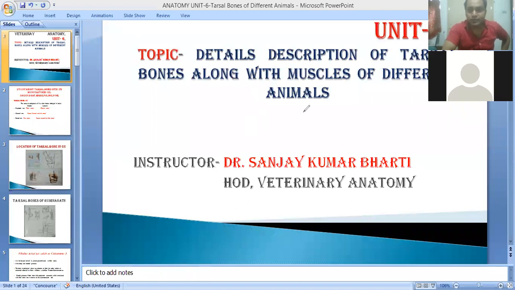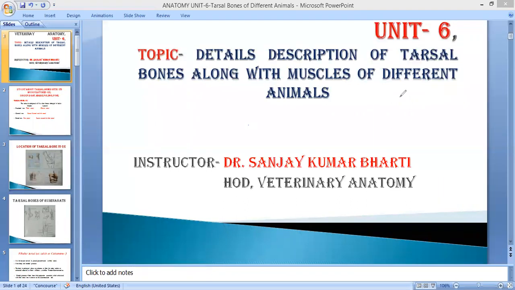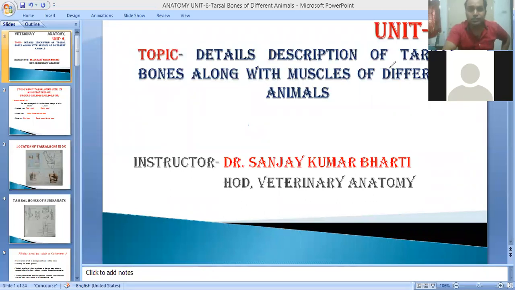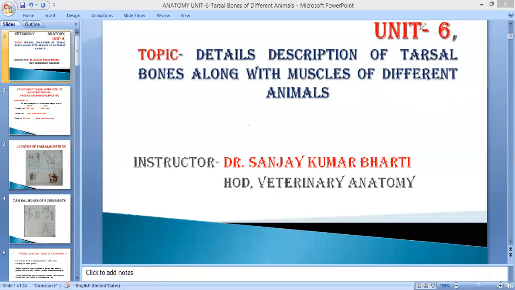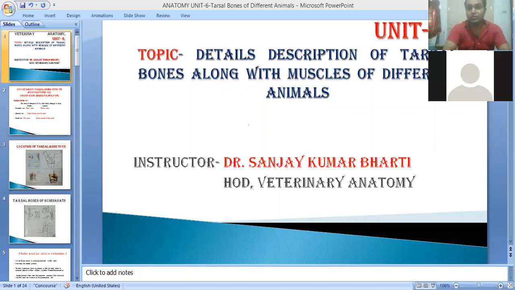So today we will discuss the tarsal bone. Do you know the tarsal bone? What is the tarsal bone? Where is it located? If anybody asks you what the tarsal bones are, we must first define them, because in the first classes bones were defined according to their shape and size: long bone, irregular bone, splanchnic bone, like that. So here also, the tarsal is a small bone or regular bone.